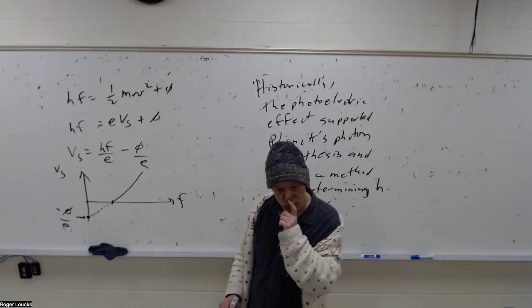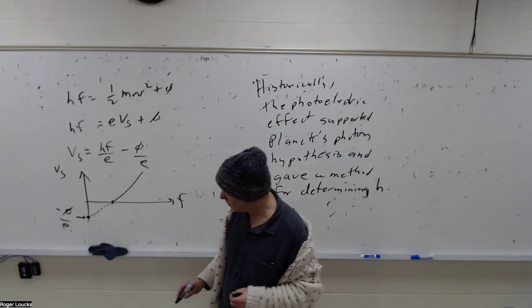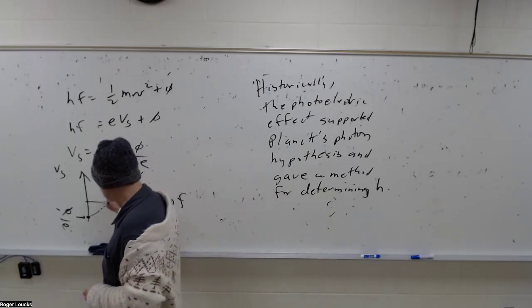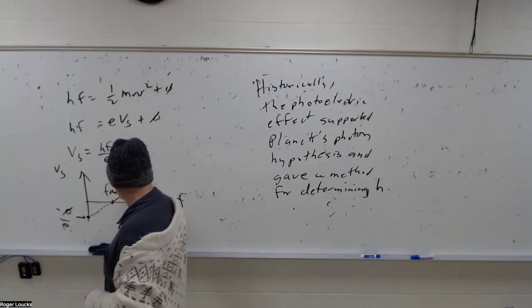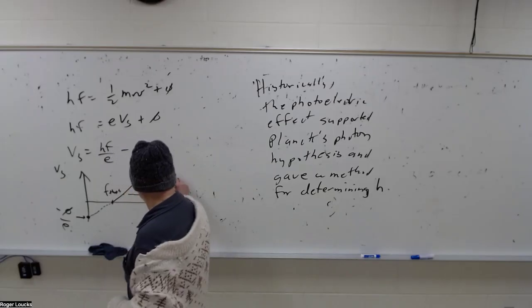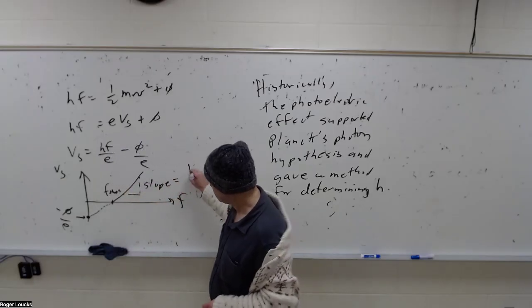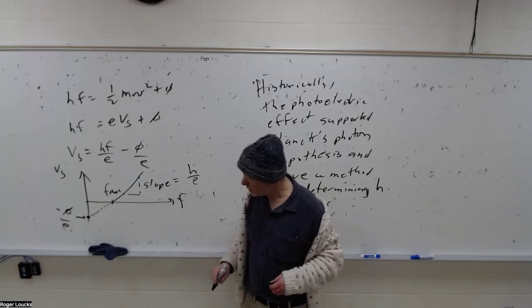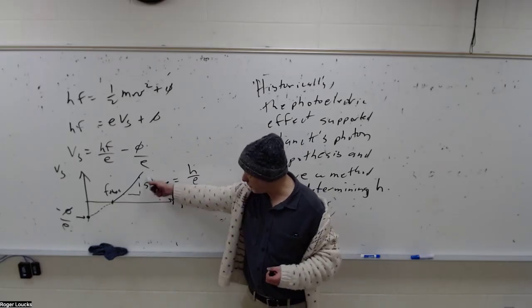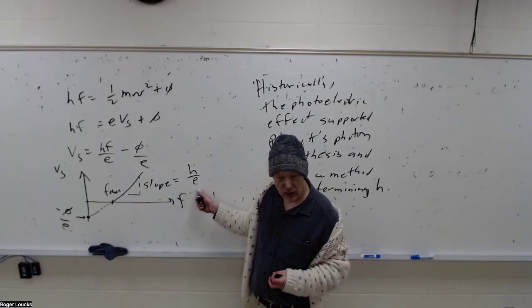Yes. Well, they're all here. Oh, the threshold. This is our threshold. And what does the slope give us? It gives you the HF. This is H over E. Now, if you get the slope of this graph here, and if you know E, and this